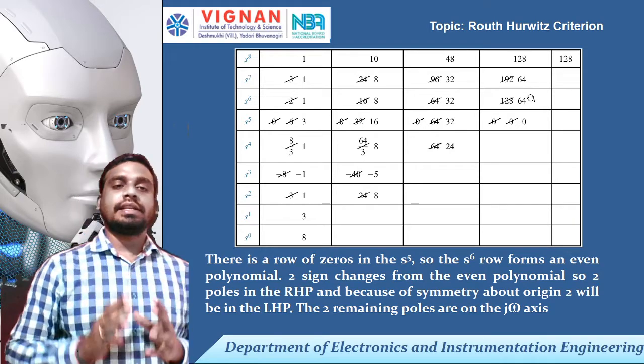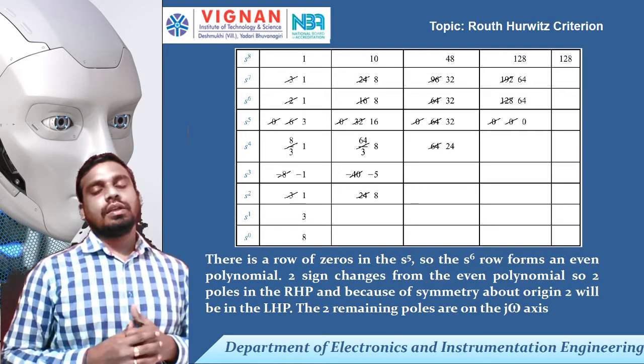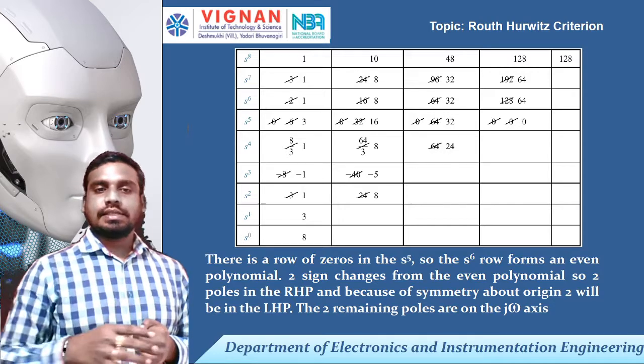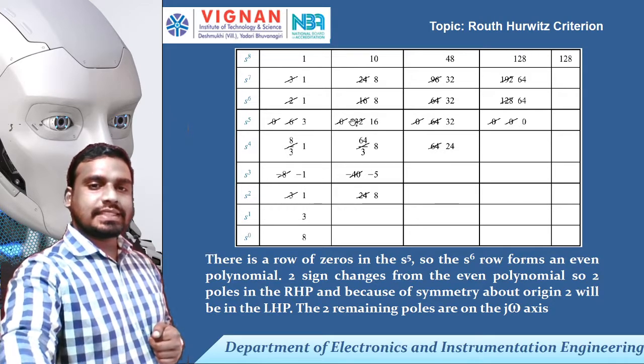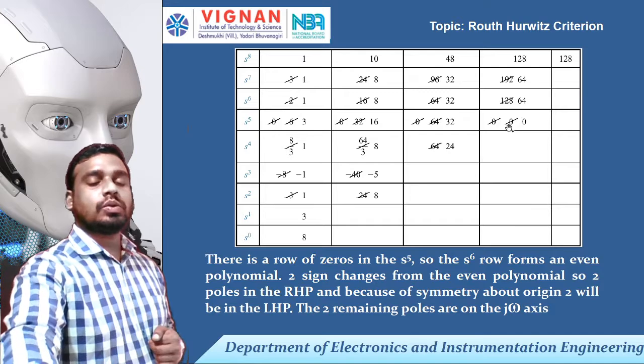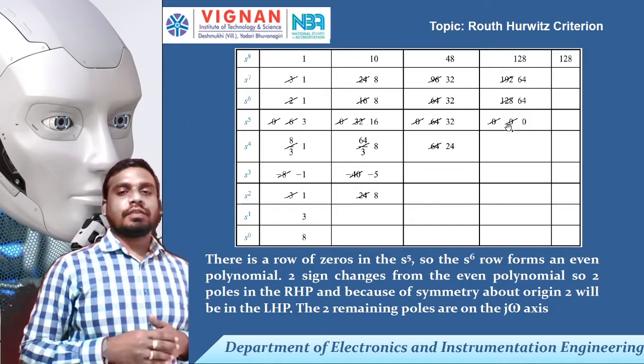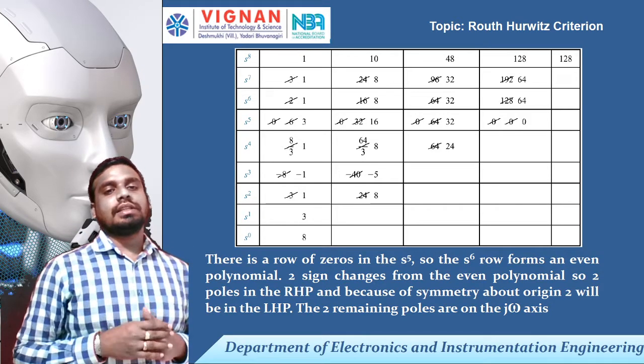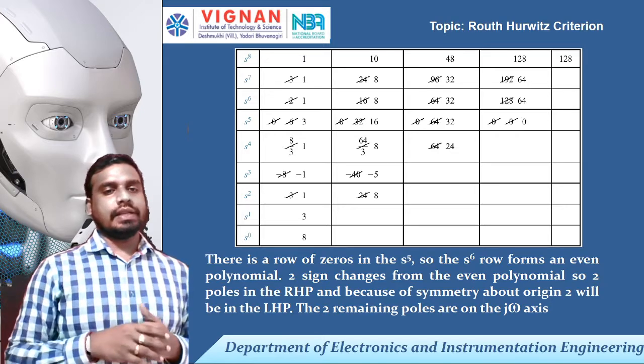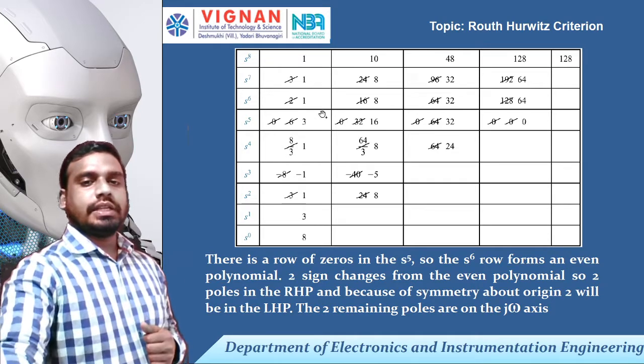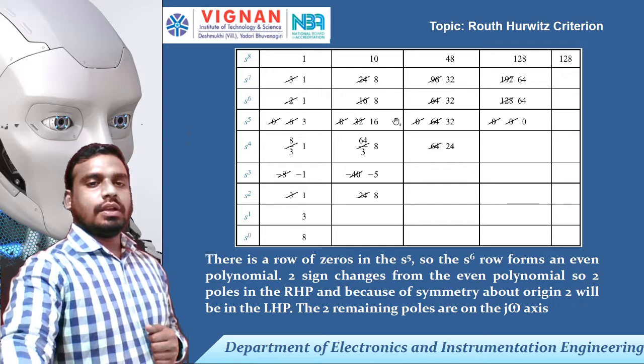That is the auxiliary equation. Differentiate it with respect to s, then write it down. You will get 6, 32, 64, and 0. As all the three elements are multiples, we can factorize with 2. 3, 16, and 32 you will get. 3, 16, and 32. Right?